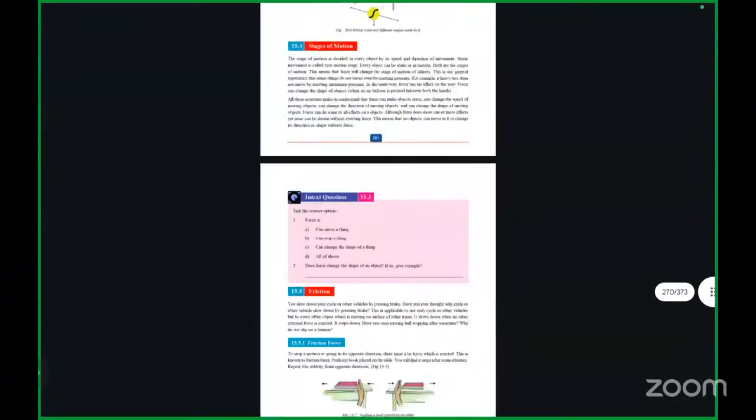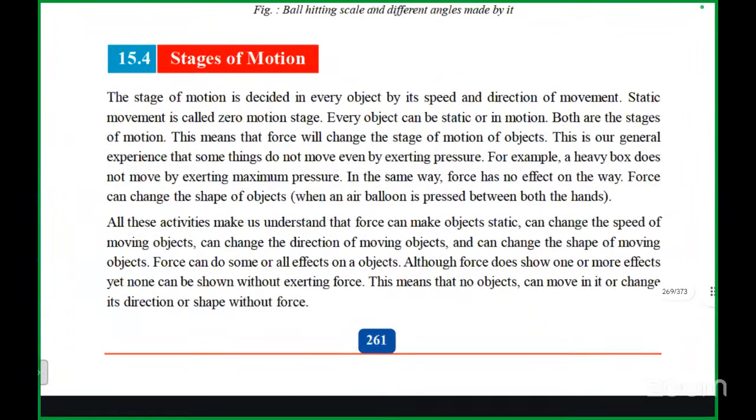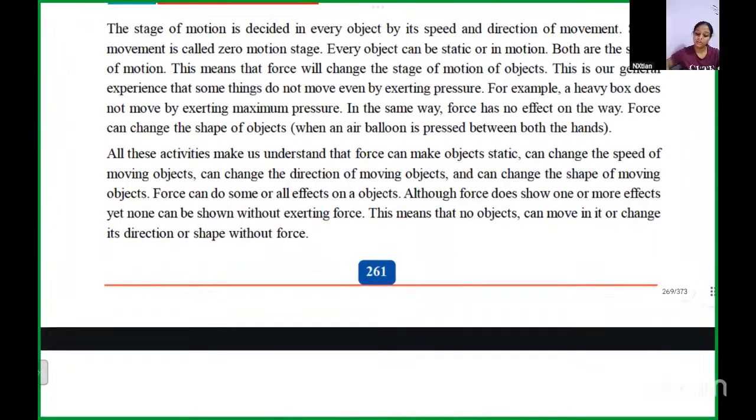What are the stages of motion? We saw that there are two stages of motion: once when an object is static, or when the object is moving. Okay, that is zero motion stage and motion stage. Now,